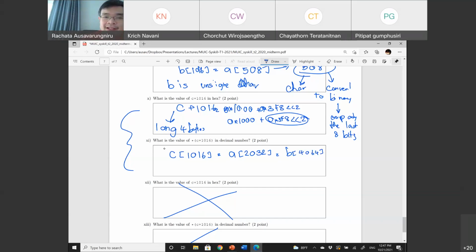B of basically this address, right? This address will point to 4 bytes. The first byte is B of 4064, then B of 4065, then B of 4066, and B of